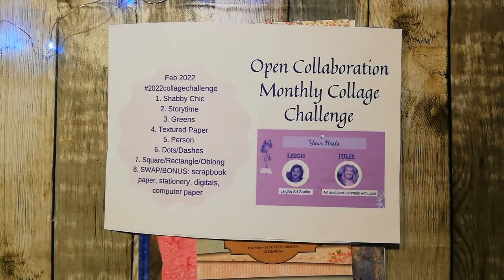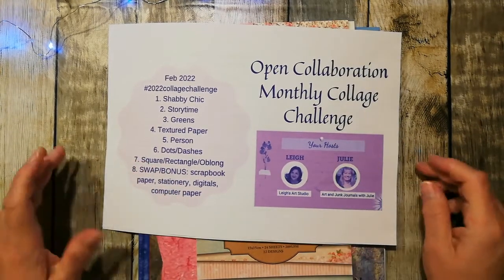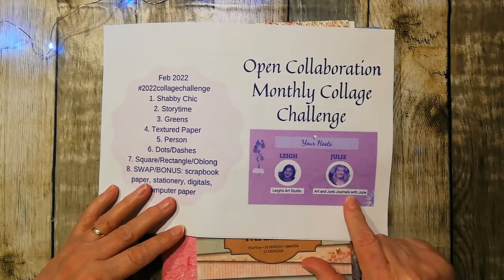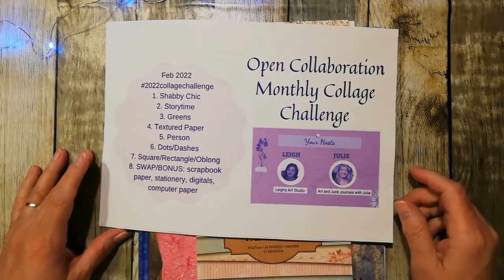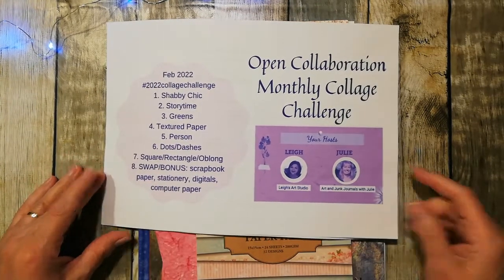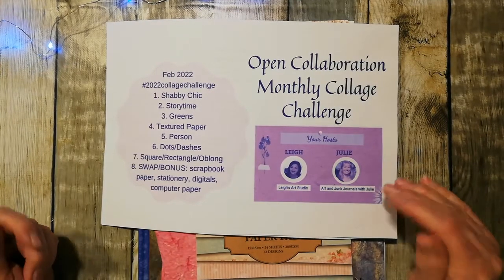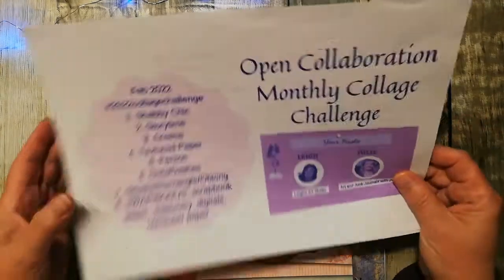Hi there, it's Elaine here, and I thought today we'll do something a little bit different. It's a new collage challenge set by Julie at Art and Junk Journals with Julie and Leigh's Art Studio. They're both Australian ladies. They've done a collaboration type challenge where we have, well, let's show you